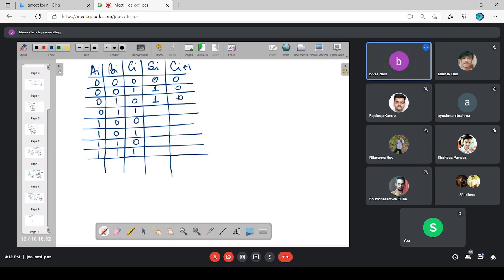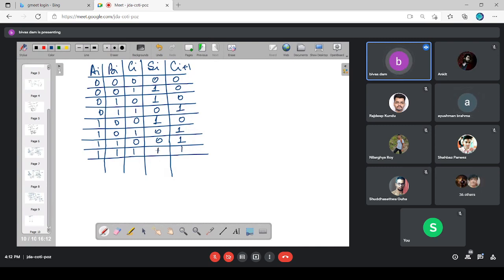Same. Now 2 ones and 1 zero. Result in the decimal should be 2. So 2 is represented with the MSB as 1, LSB as 0. Now here 3 ones. In decimal, how much should that be? 3. So when you represent that 3 in binary, the MSB is 1, LSB is also 1.